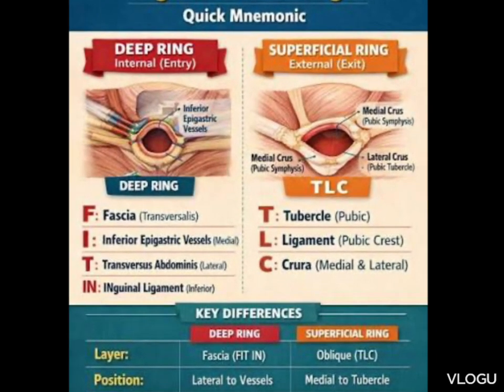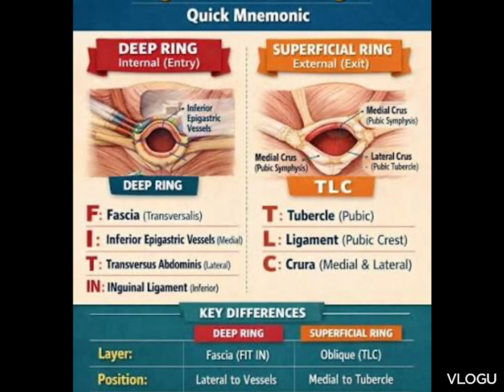We have a mnemonic here. The deep inguinal ring is an opening in the transversalis fascia and is located around 1.25 centimeters above the midpoint of the inguinal ligament. For the superficial ring, the mnemonic is exit. The deep inguinal ring is the entry for the hernia sac and contents, and the superficial ring is the external exit. In the superficial ring you can see a triangular defect in the external oblique